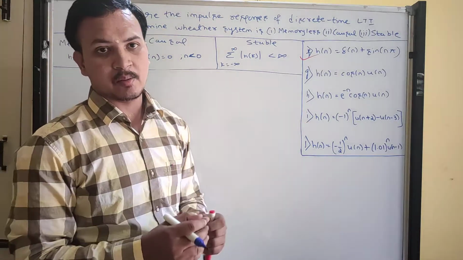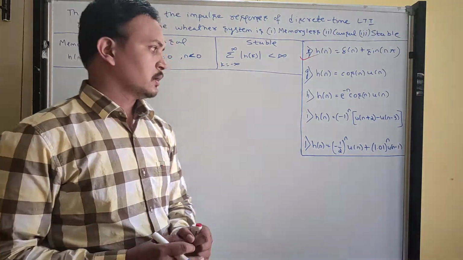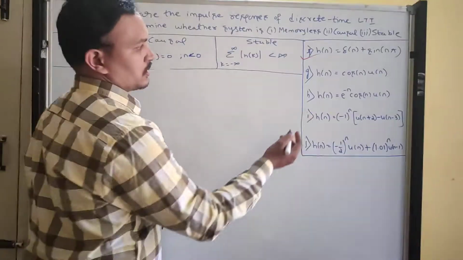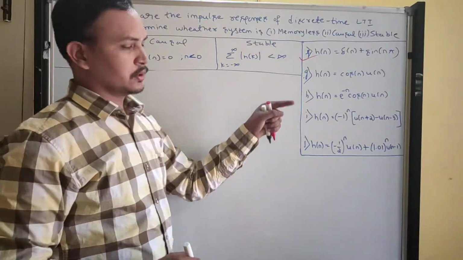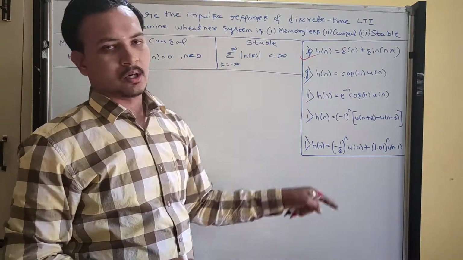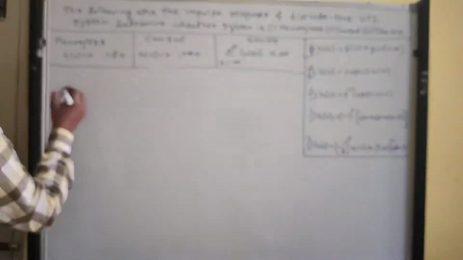Okay, good morning students. Last class we covered the following impulse responses. We checked whether they are stable, causal or memoryless. Now, a few more problems are left, G to I and G to J, which I have not solved. In today's session, I am going to cover all of these. So first we can take